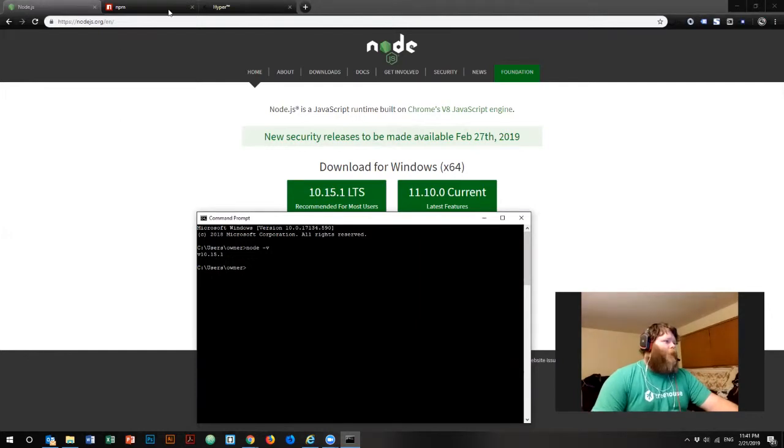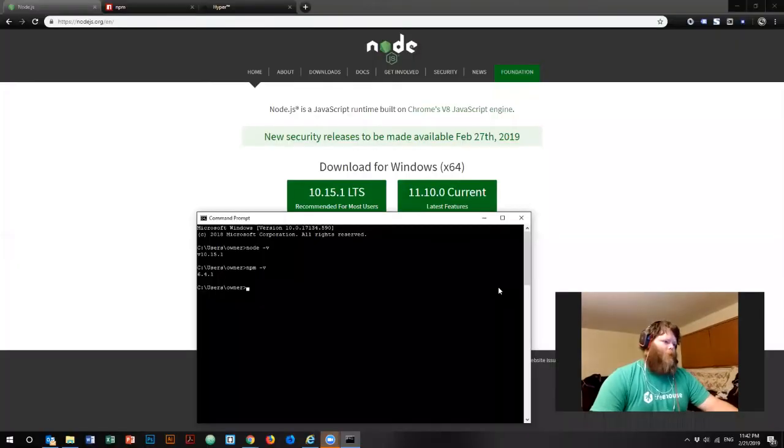Now, before we go on to the NPM, I'm going to check my computer. npm and dash v. And yep, I still have NPM installed on my computer. So let's remove that. All right, and the npm command for that is npm uninstall. And as it loads, boom,